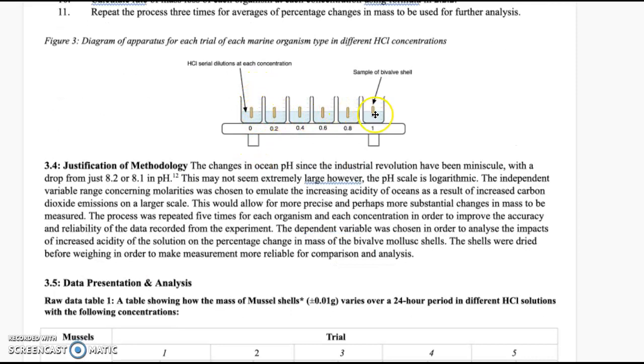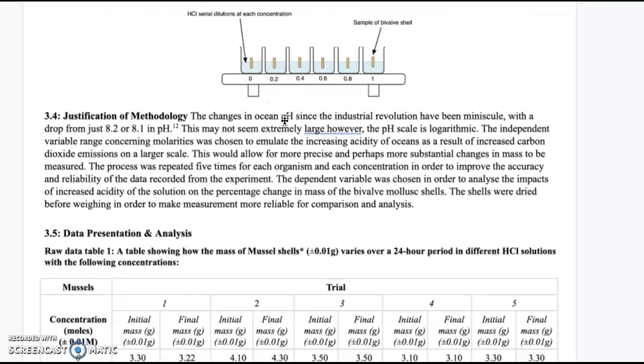So these are my little shell diagrams, and then the acid at different concentrations, just to give a little extra detail, justifying why I did this. So I'm saying